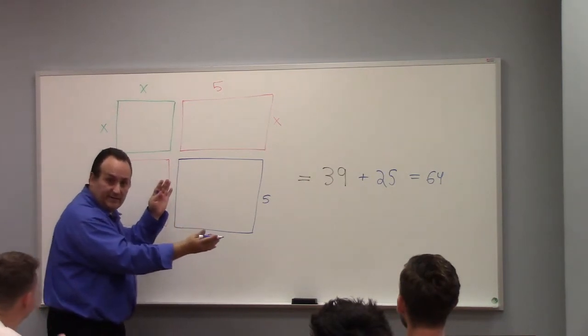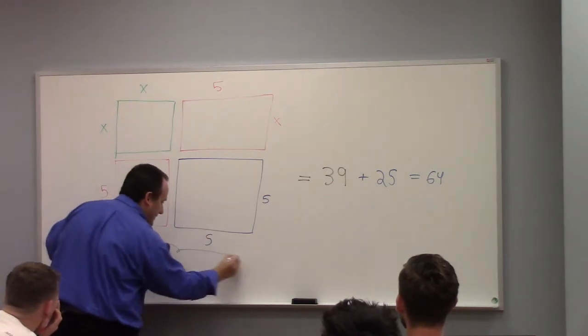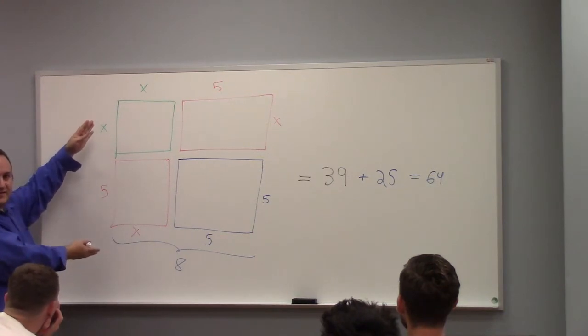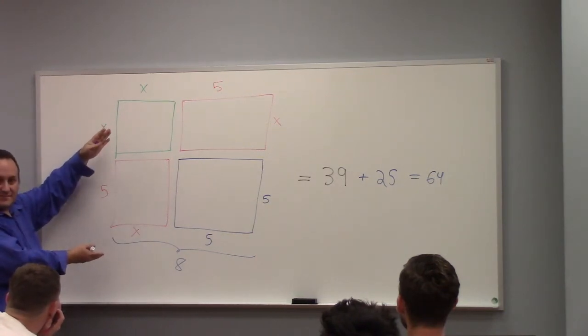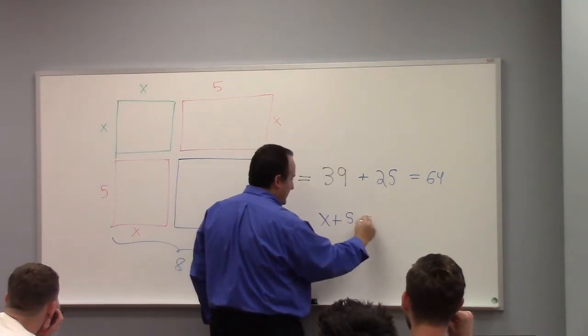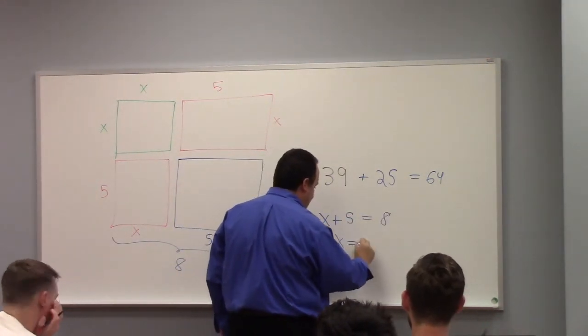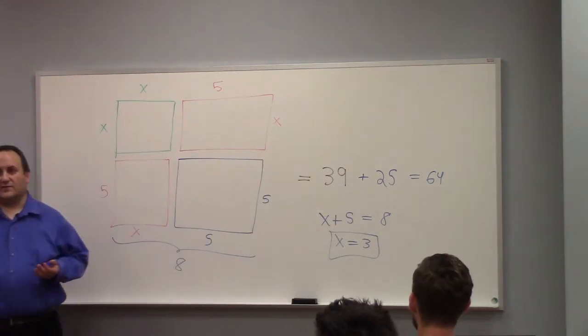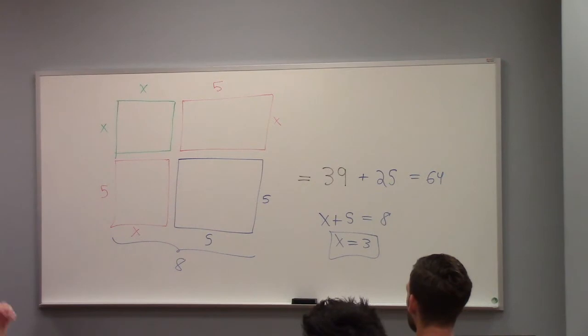8, right? So that means that this has to be 8. It has to be 8 by 8, which then tells us that x is equal to what? X plus 5 equals 8. So apparently x is equal to 3. So this is how you complete the square by picture,